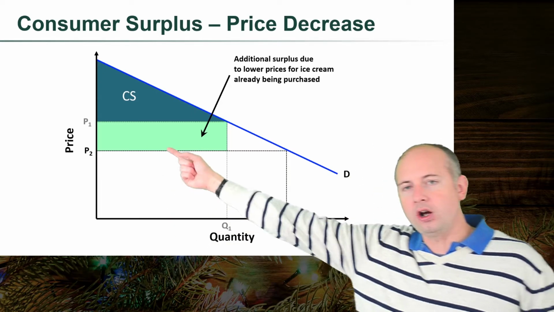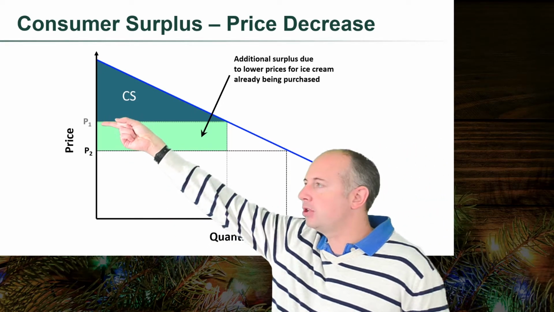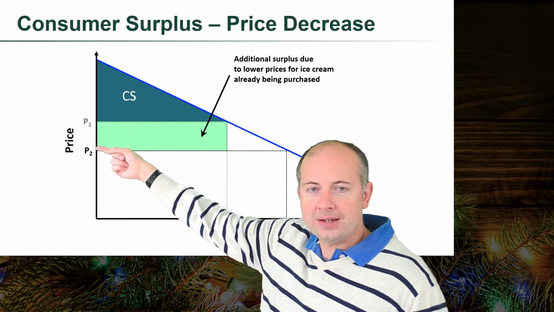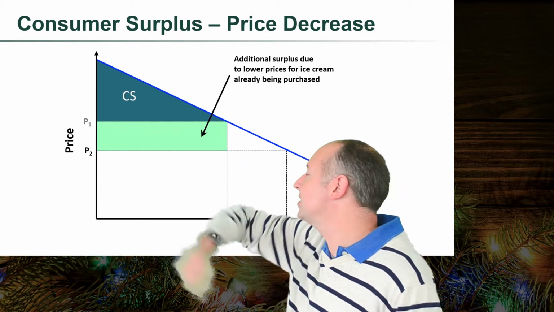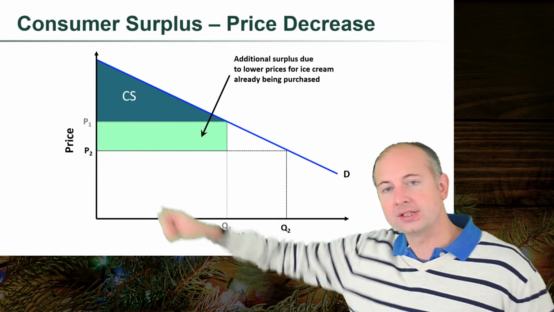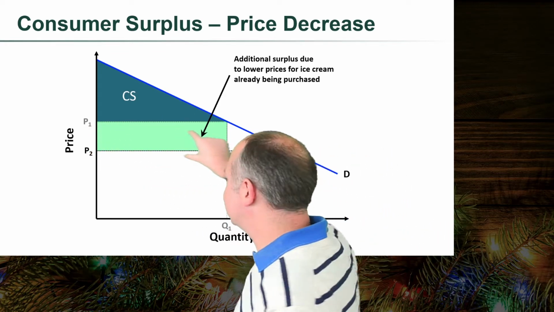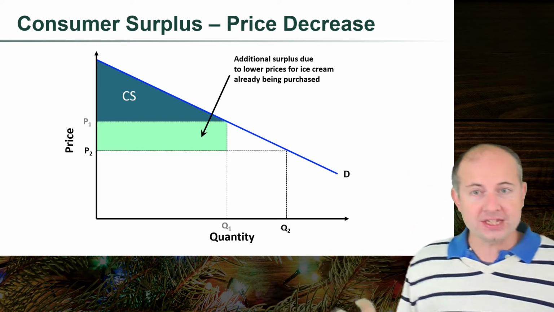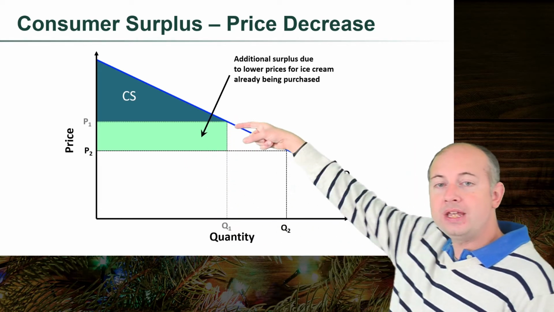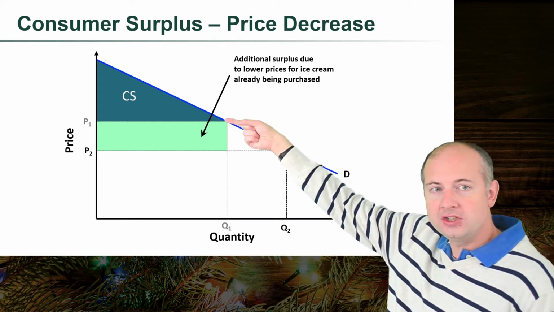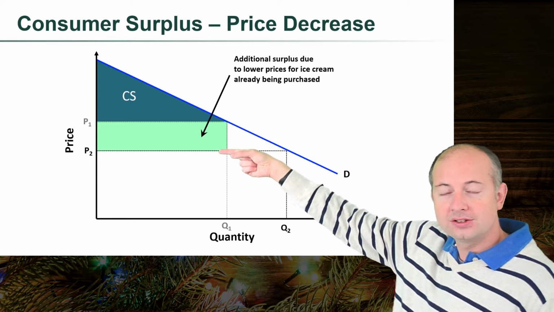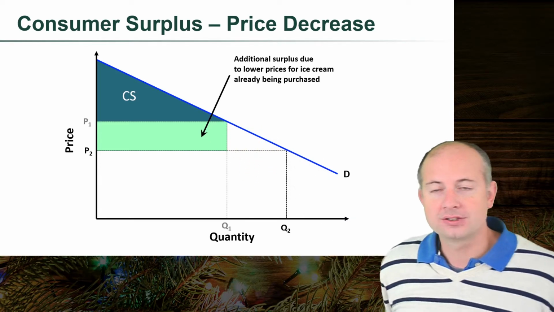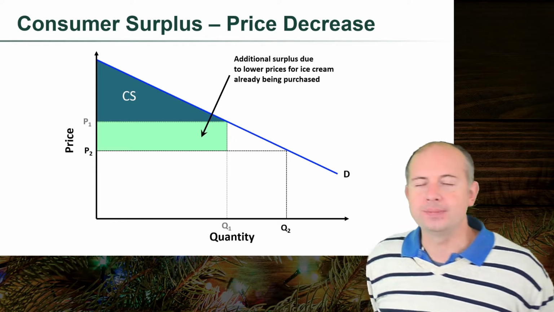What's going on here? All the people who were buying ice cream paying P1, now they're only paying P2, so we're going to be better off, right? If ice cream goes from $5 to $4, everyone who was buying ice cream is $1 better off. You can take that dollar and do something else with it. The other thing that happens is there were people in here who valued ice cream at more than $4, less than $5, and those people